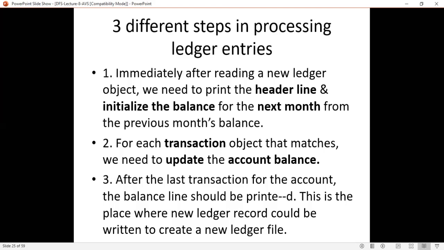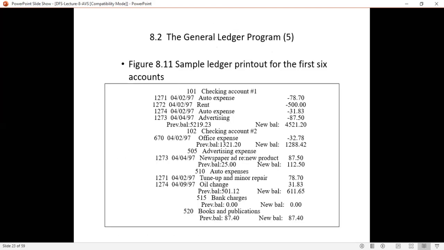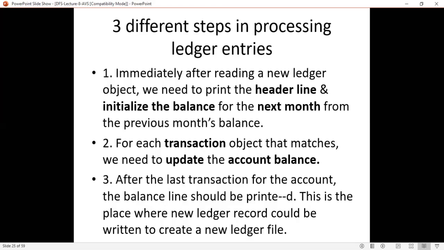Nothing but I told you the first line, that is checking account number 101 checking account number 1 from our example. See the example here, this printout. The first line, that is 101 checking account number 1, is your header line. And initialize the balance for the next month from the previous month's balance. That is, you have to retrieve the previous balance.